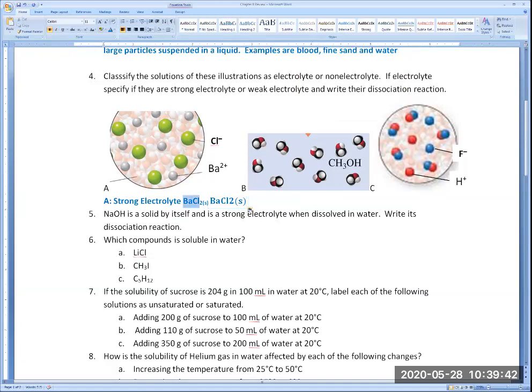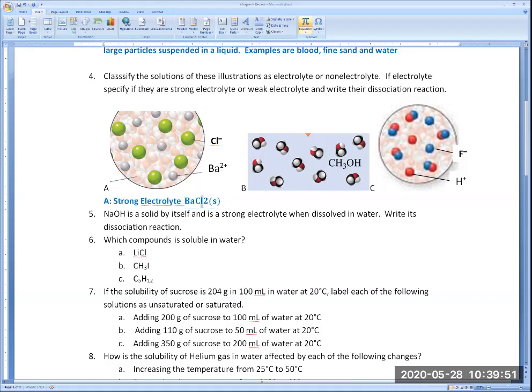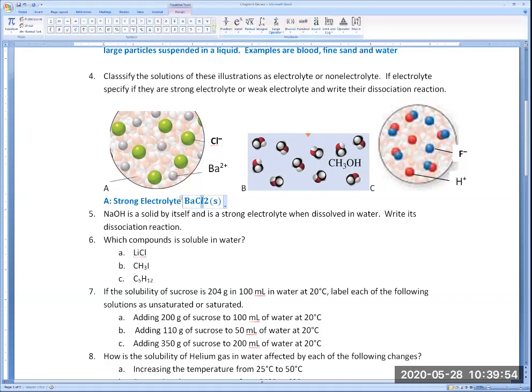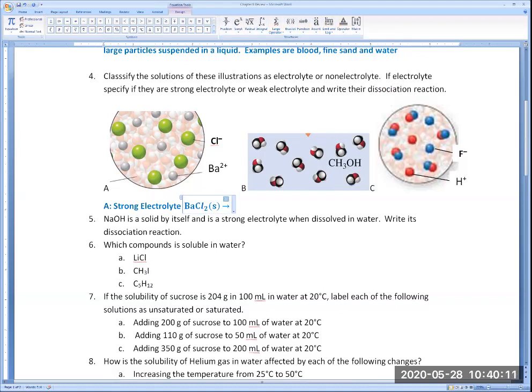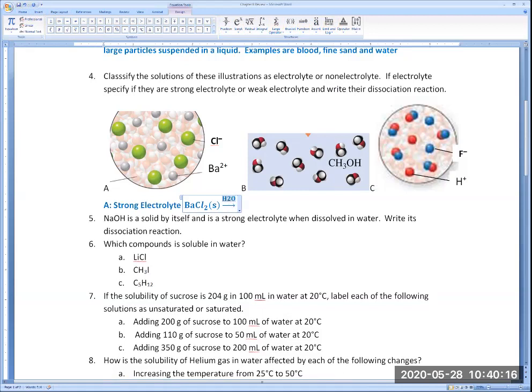So BaCl2, okay, BaCl2 is a solid. And when you place it in water, and here I need an arrow where I can write water above, here, H2O, right? Water is H2O. So if you place it in water,